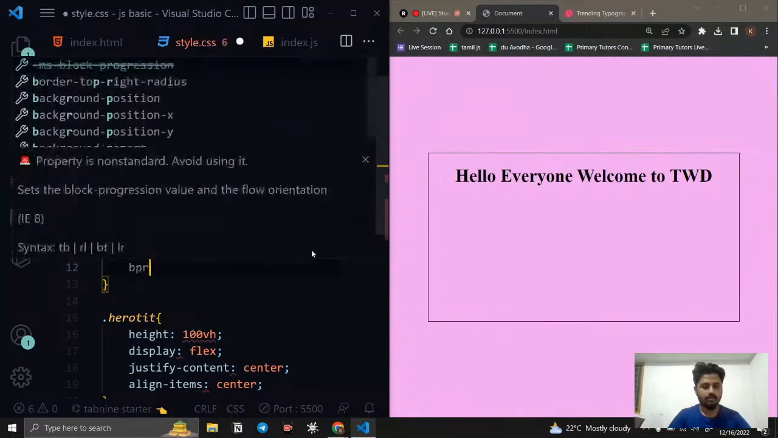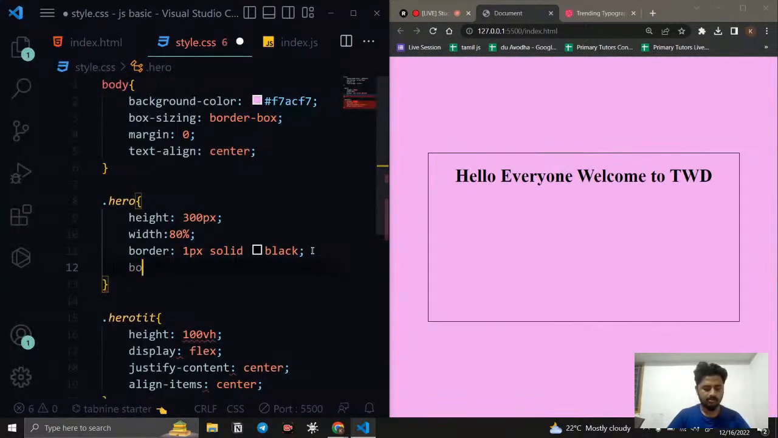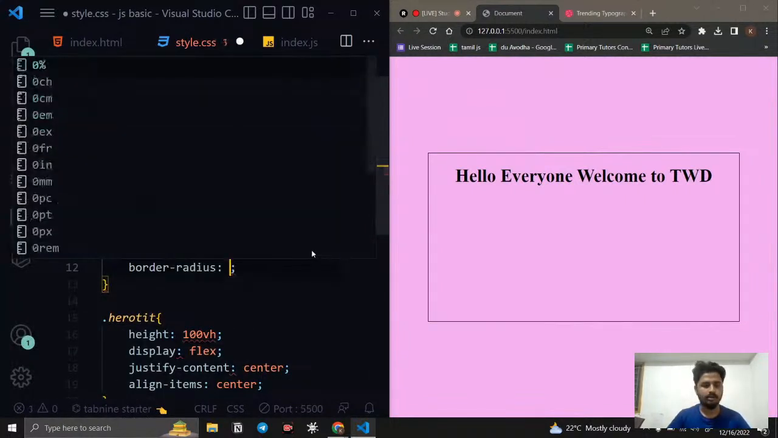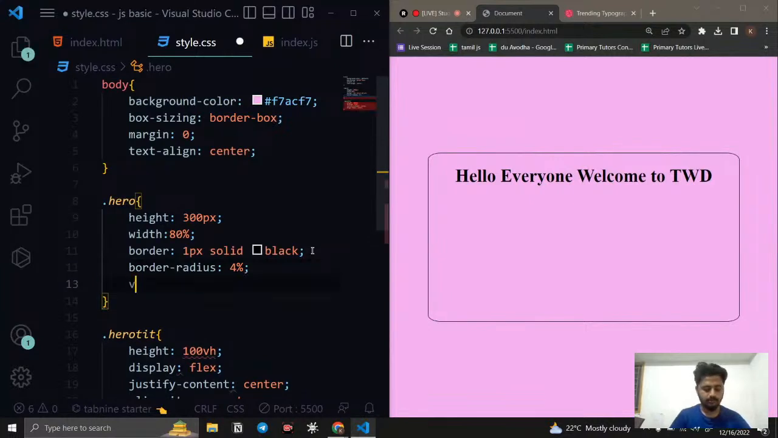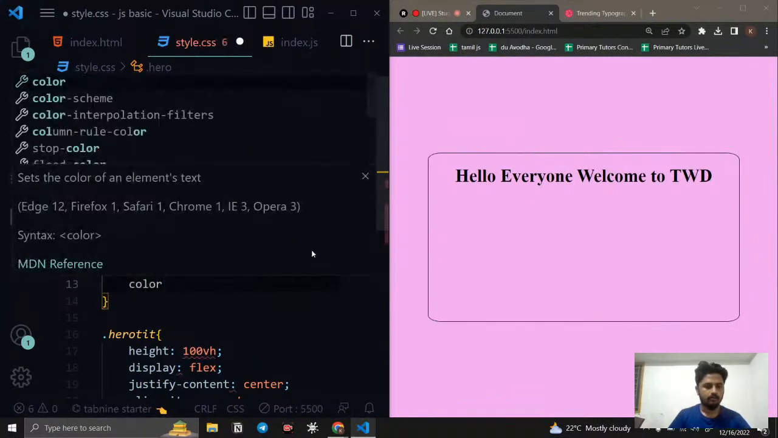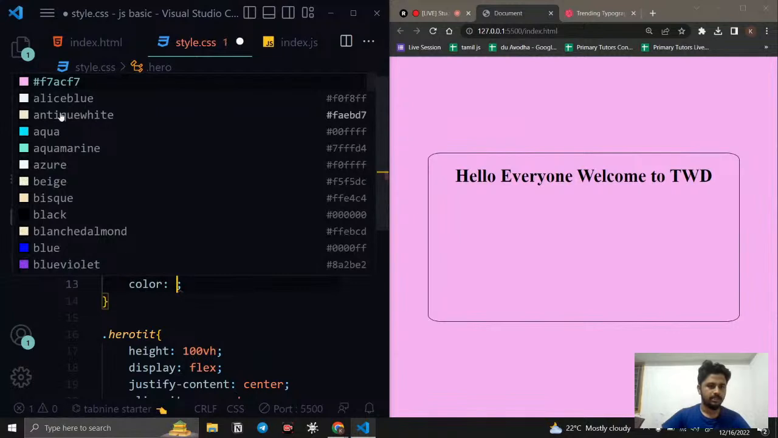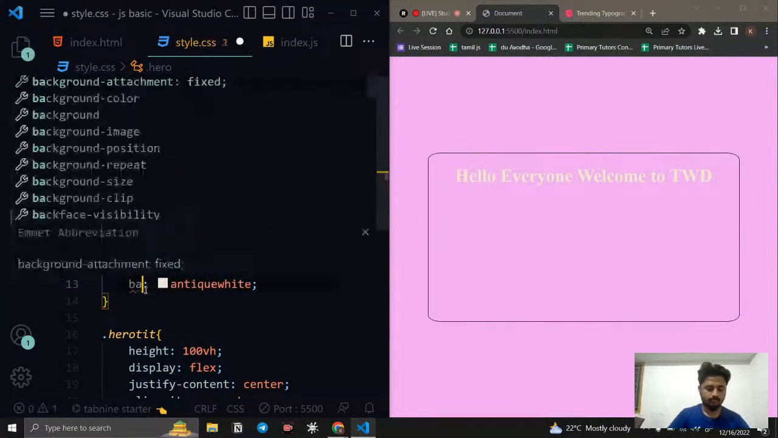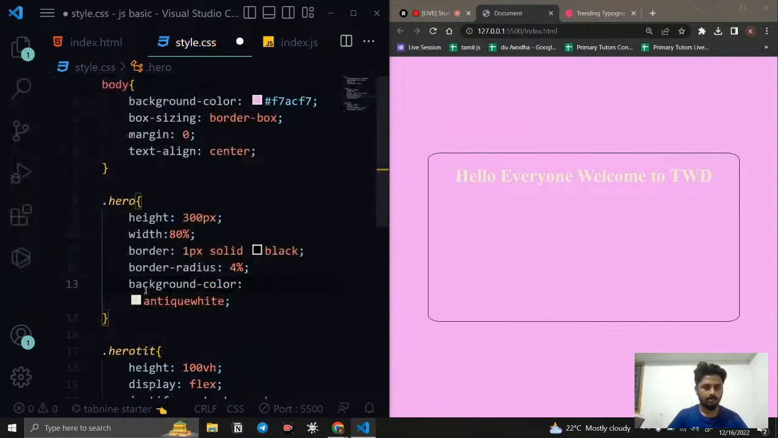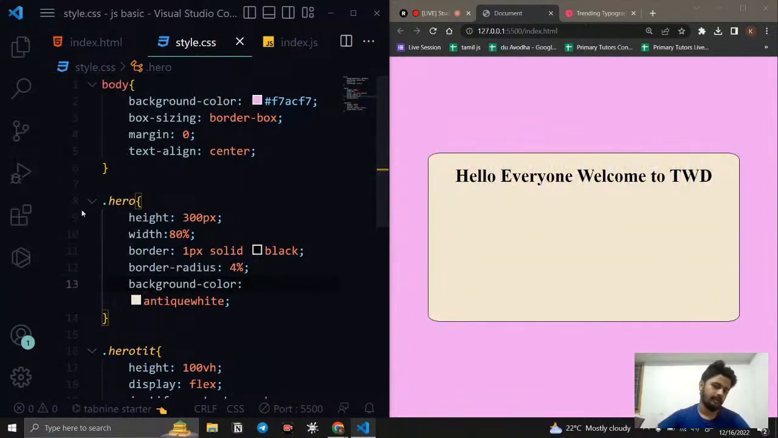We just going to give, so quickly I have done this. Okay, no problem. I'm just going to say border radius is equal to 4% like this, and I'm just going to say color is going to be like this, background color like this. Fine. So this is fine. And now consider this is going to be,